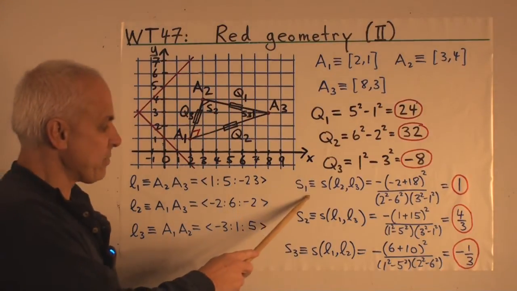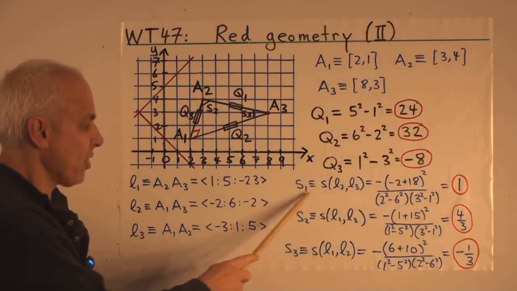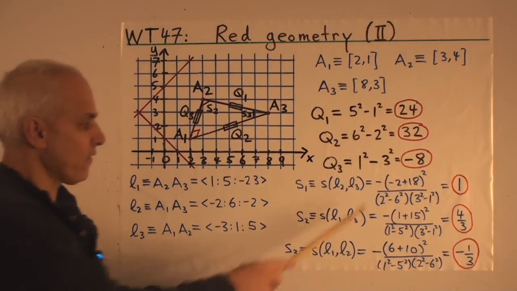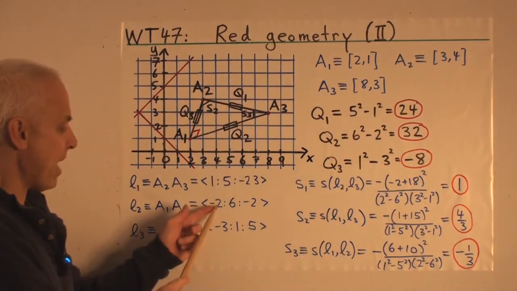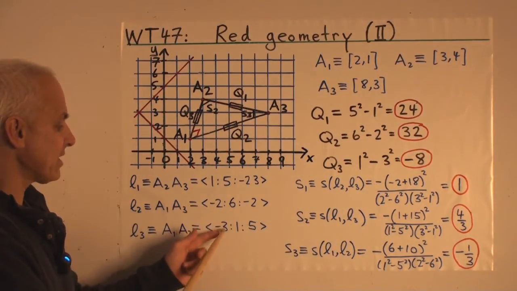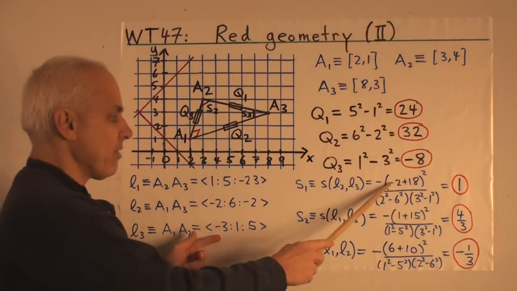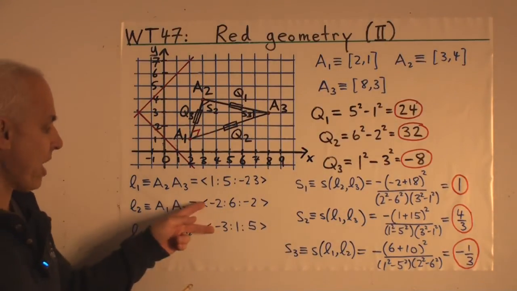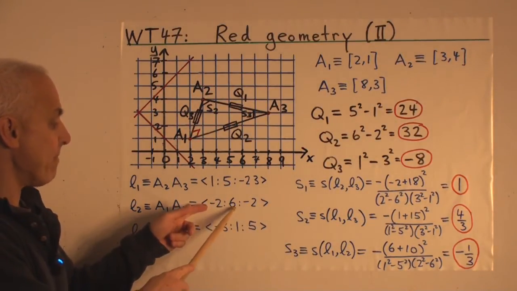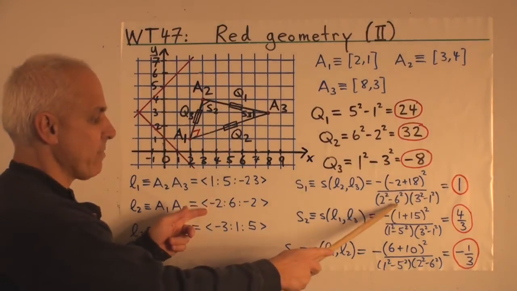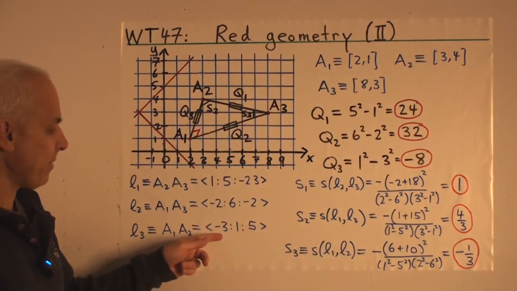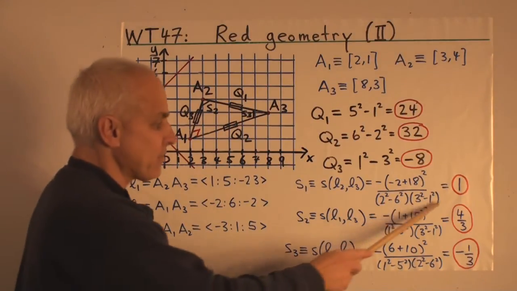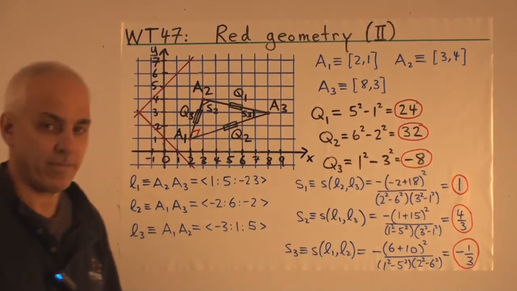If we want to calculate the red spread between L2 and L3, which we're calling S1, what do we do? We take these 2 expressions here, and we first of all have a minus sign, and then it's minus 2 times 1 minus 3 times 6. Altogether minus 2 plus 18, and all of that is squared in the numerator. In the denominator we get minus 2 squared minus 6 squared, or rather 2 squared minus 6 squared, multiplied by 3 squared minus 1 squared. When we work that out, we get 1.